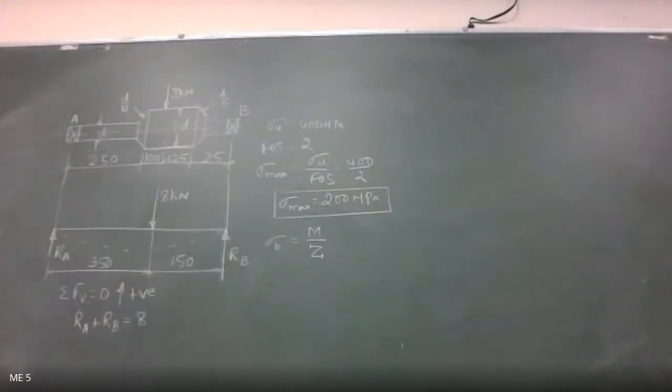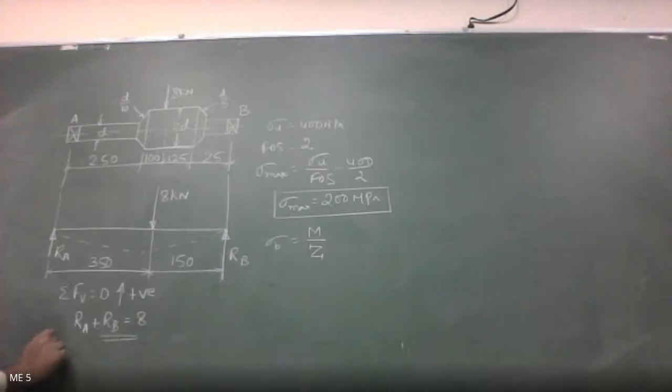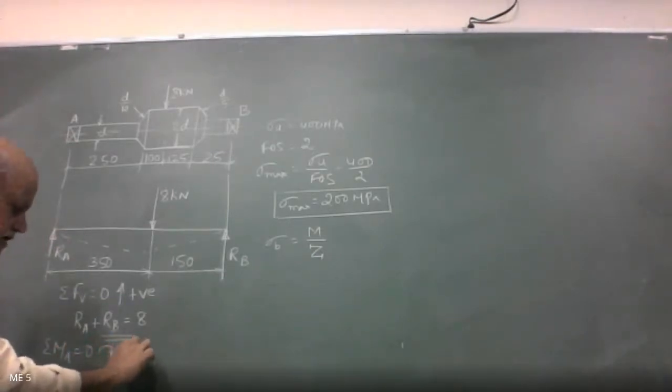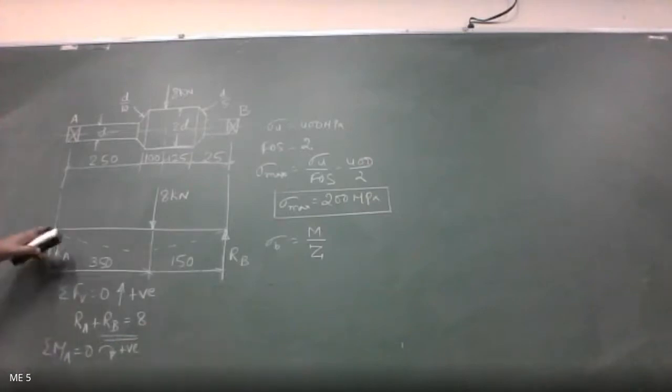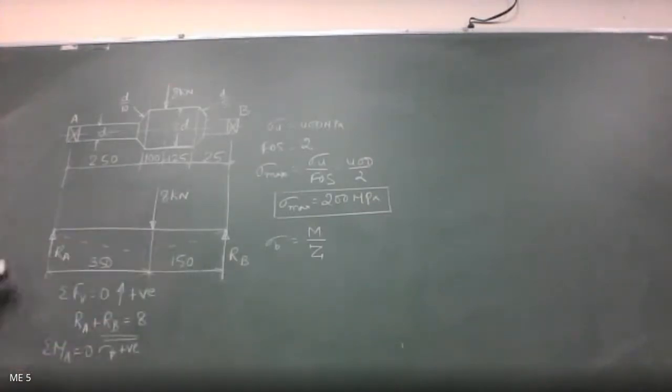RA plus RB is equal to 8 kilonewton, I can take. Now, taking sum of moments about any of the points, say I take point A there, moments equal to 0 by taking clockwise positive. So when I take moment about A, I have 8 kilonewton, which is in clockwise direction of rotation. So therefore, 8 kilonewton into distance is equal to